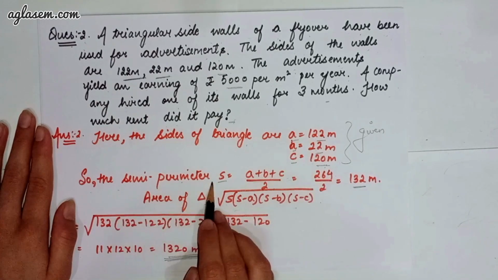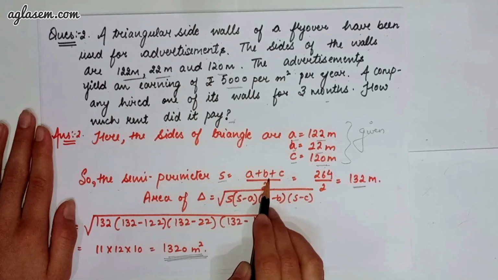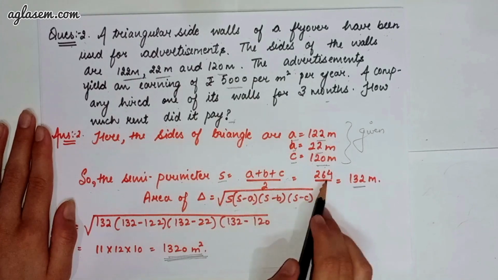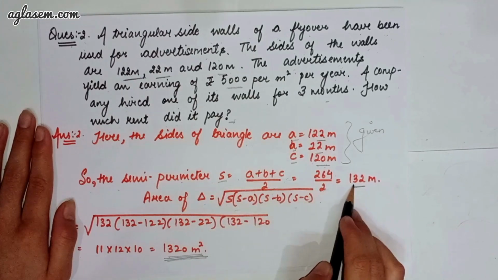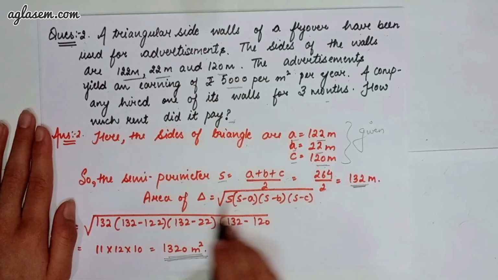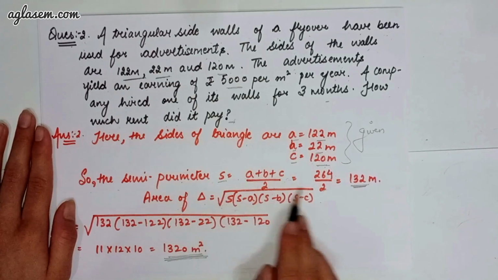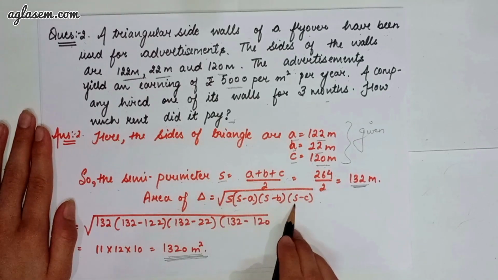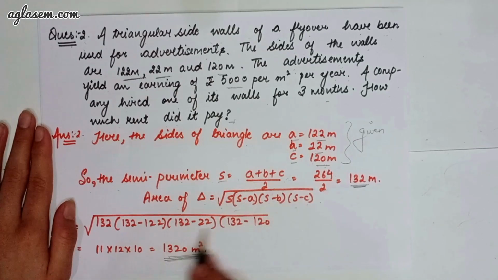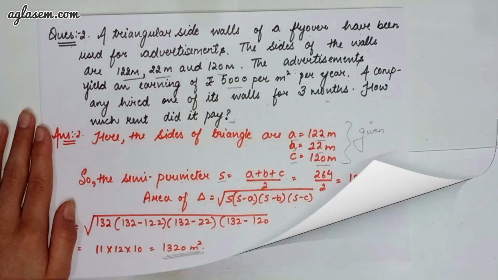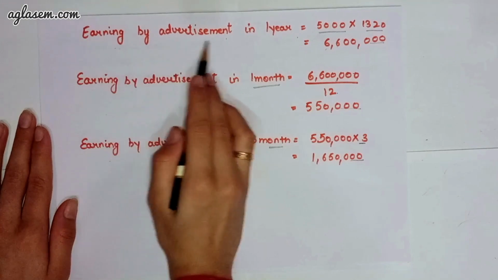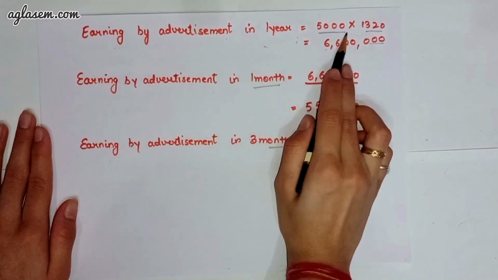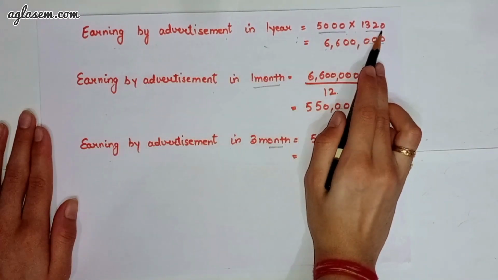So the semi-perimeter s is equal to a plus b plus c divided by 2, which will give you 264 divided by 2, that is 132 meter. The area of the triangle we can find by applying the formula, root of s times (s minus a), (s minus b), (s minus c). Applying the values we will get 1320 meter square. Solving further, earning by advertisement in 1 year, that is 5,000 multiplied by 1320, will give you